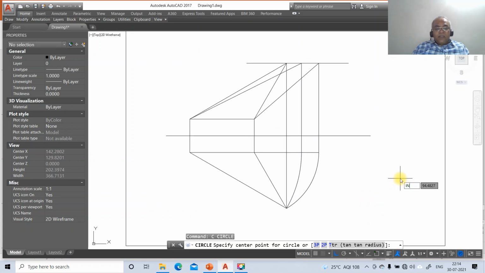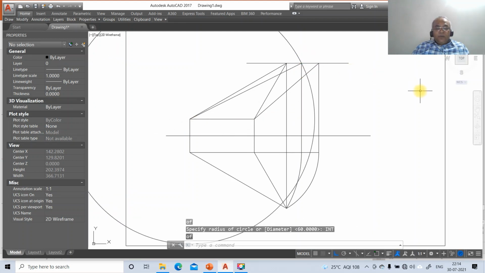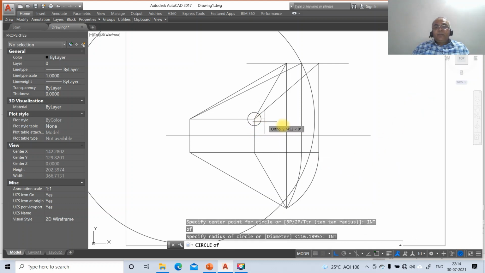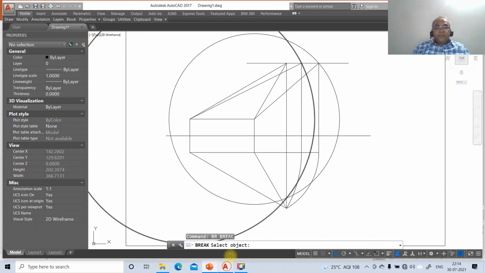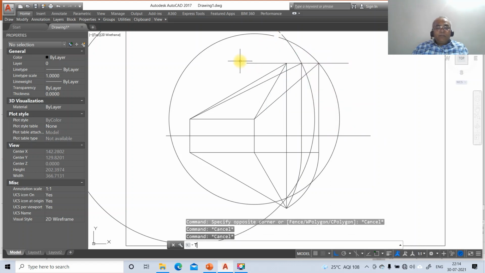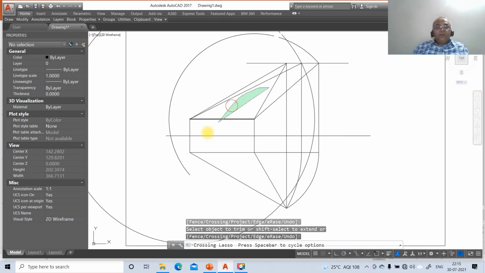Again go to circle, take int of this, and take intersection point of this. Similarly, go to circle, take int of this, and take intersection point of this. So both are going to intersect at this point. So here you just break this arc here, and similarly you break this till here, and then you go to trim this till here. Then go to erase